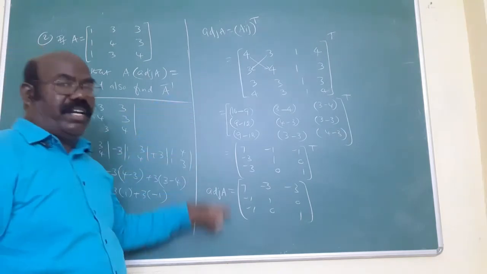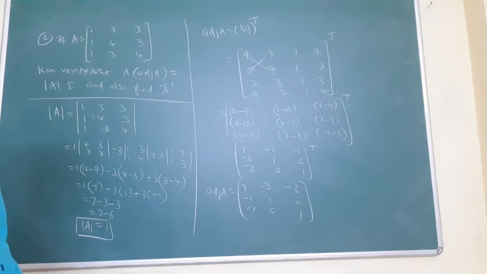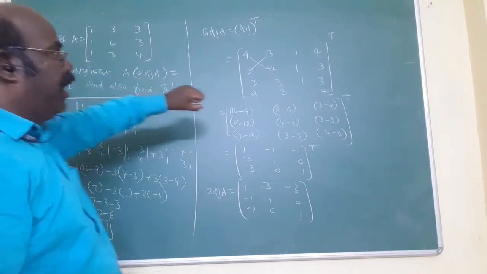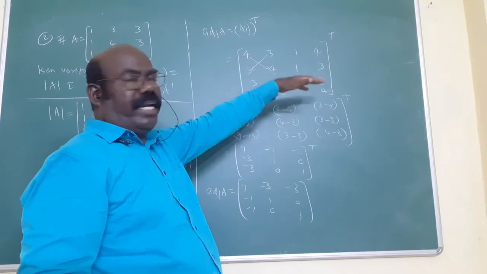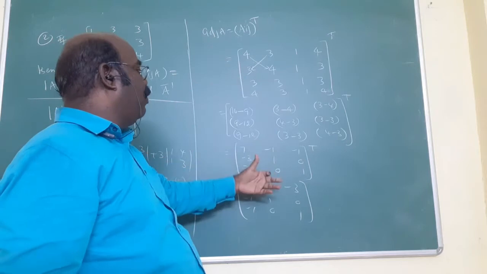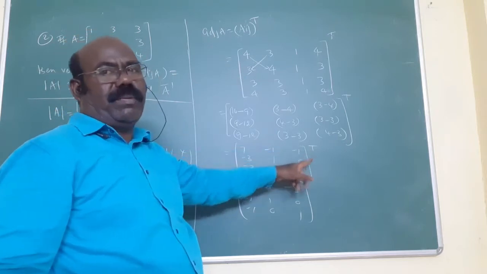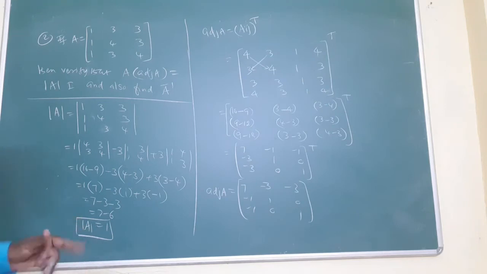This is an easy method for you. Finding 9 elements one by one means lengthy counts will come. This is a very simple concept. From the question, you start with the middlemost number: 4, 3, 1, 4. Same thing: first one, second one, third one. Now simply cross multiply and simplify. Power T represents the transpose of the given matrix. Row is connected to column, column into row. This is achieved. Second part over.